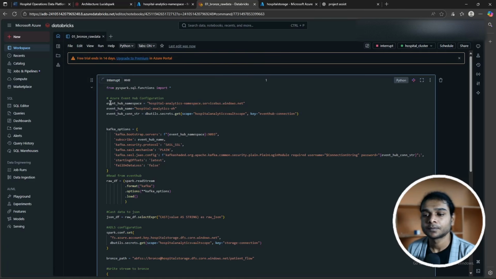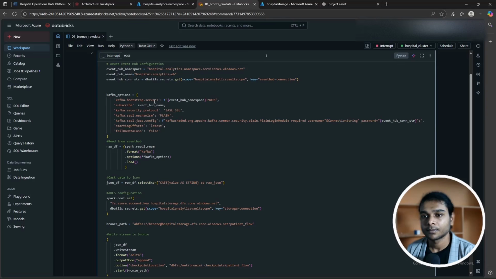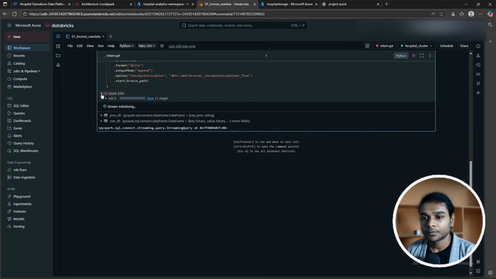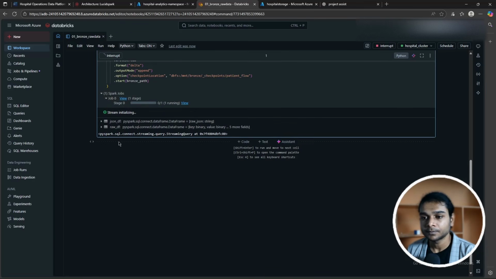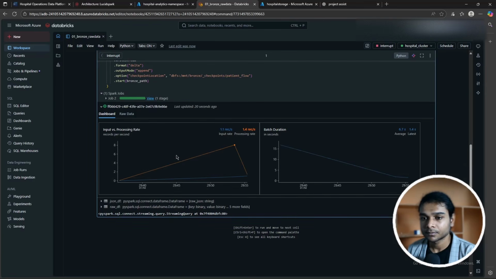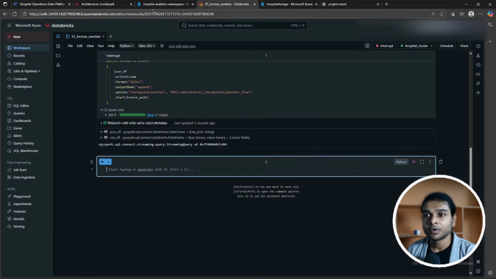Click allow. Now it started reading the stream and writing it. We can see the jobs executing here and the stream in this chart. And to see how much data is actually inside the bronze table now,